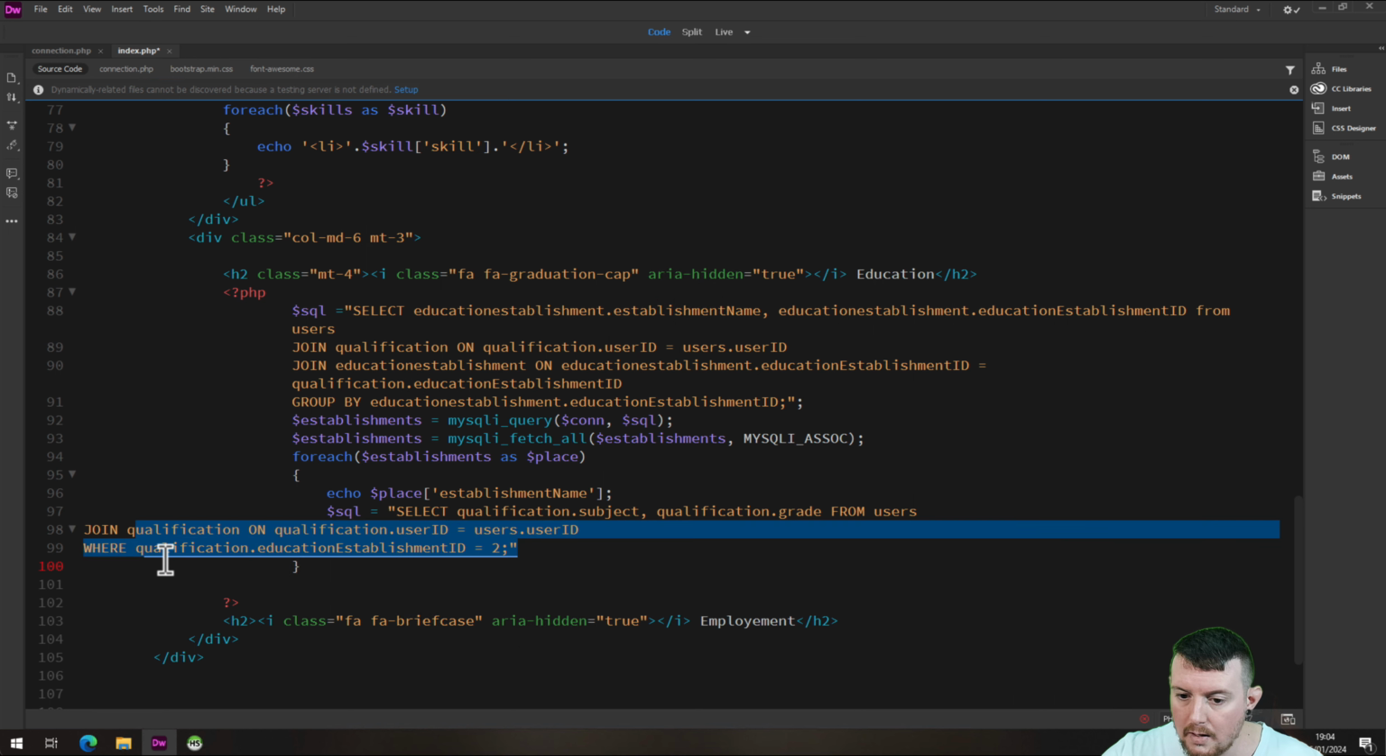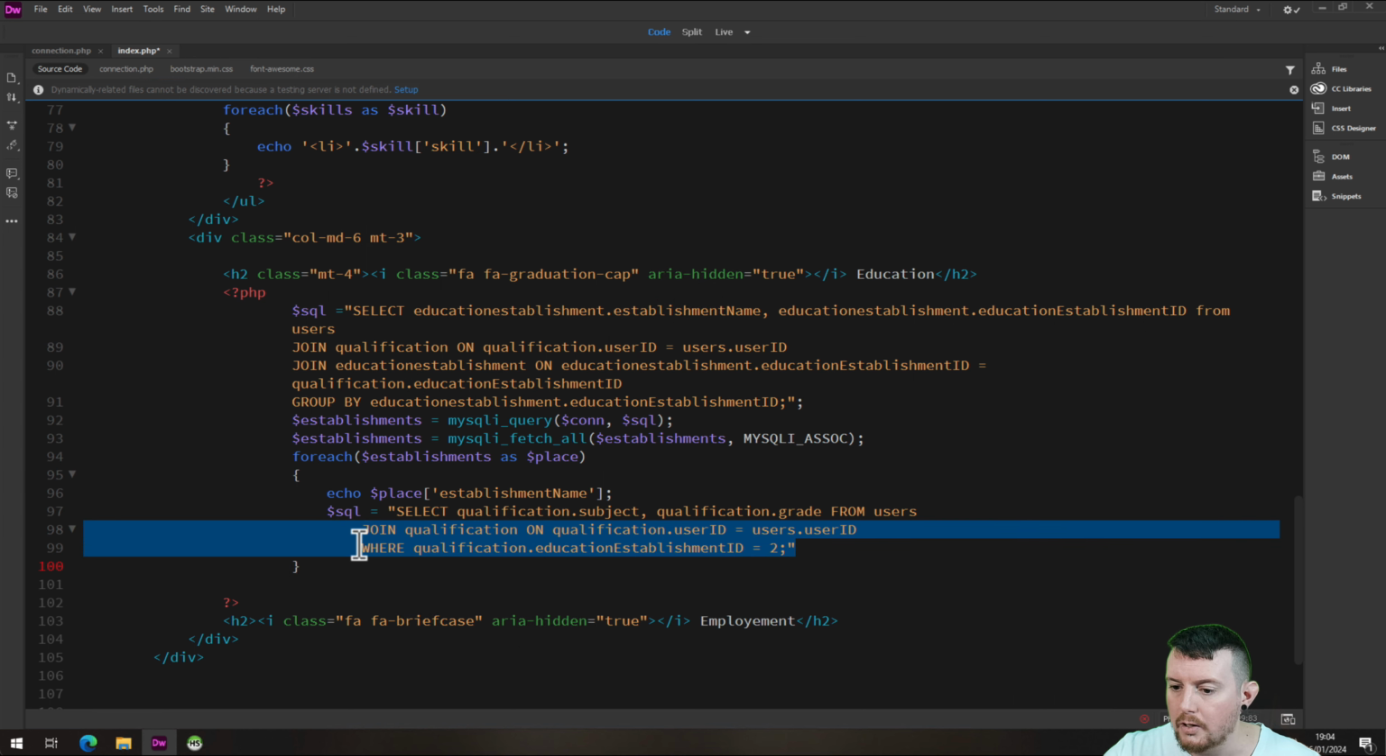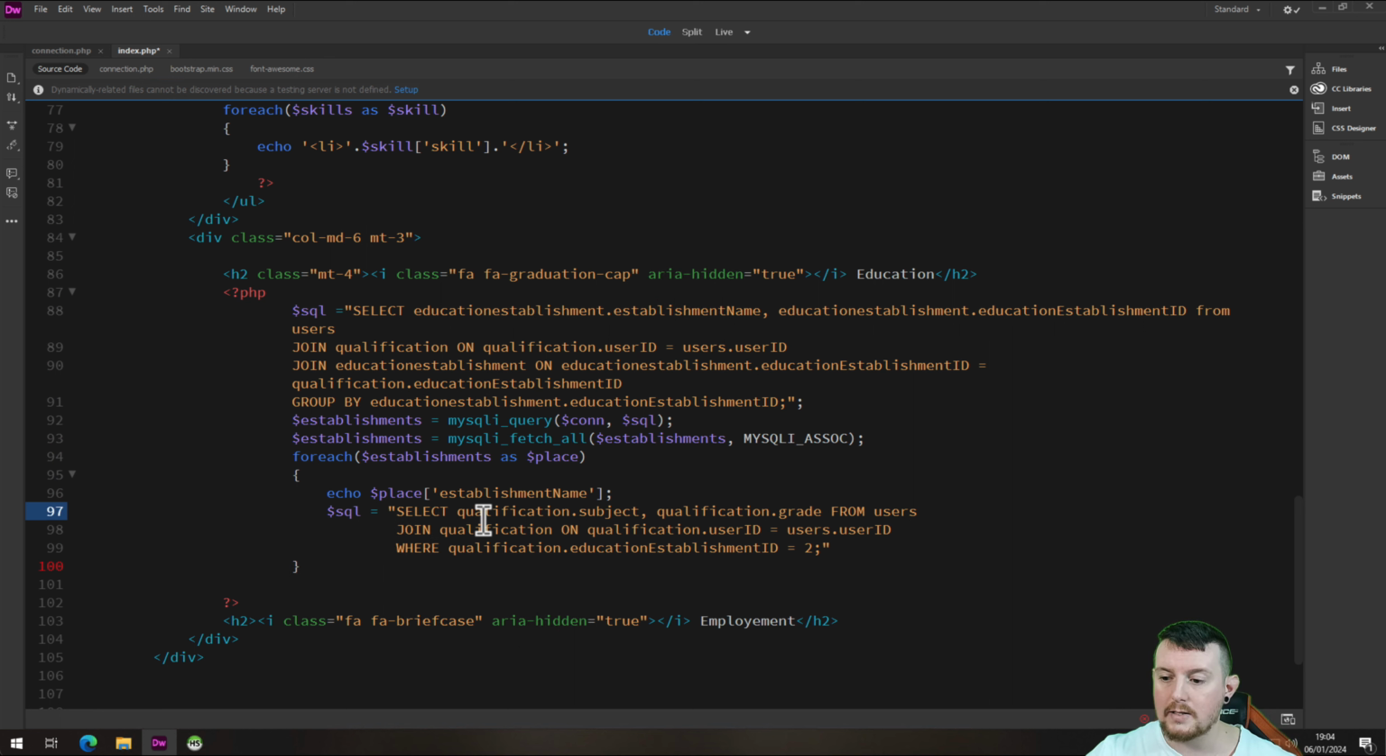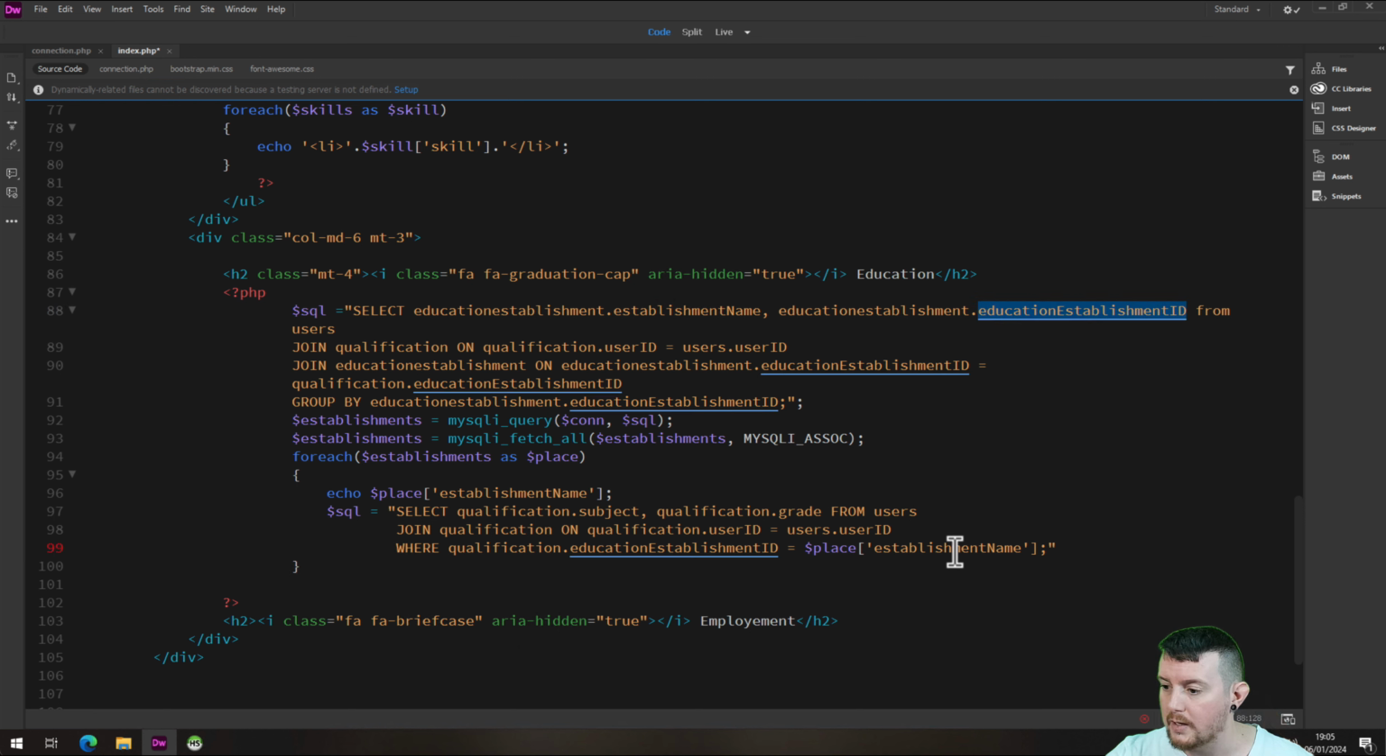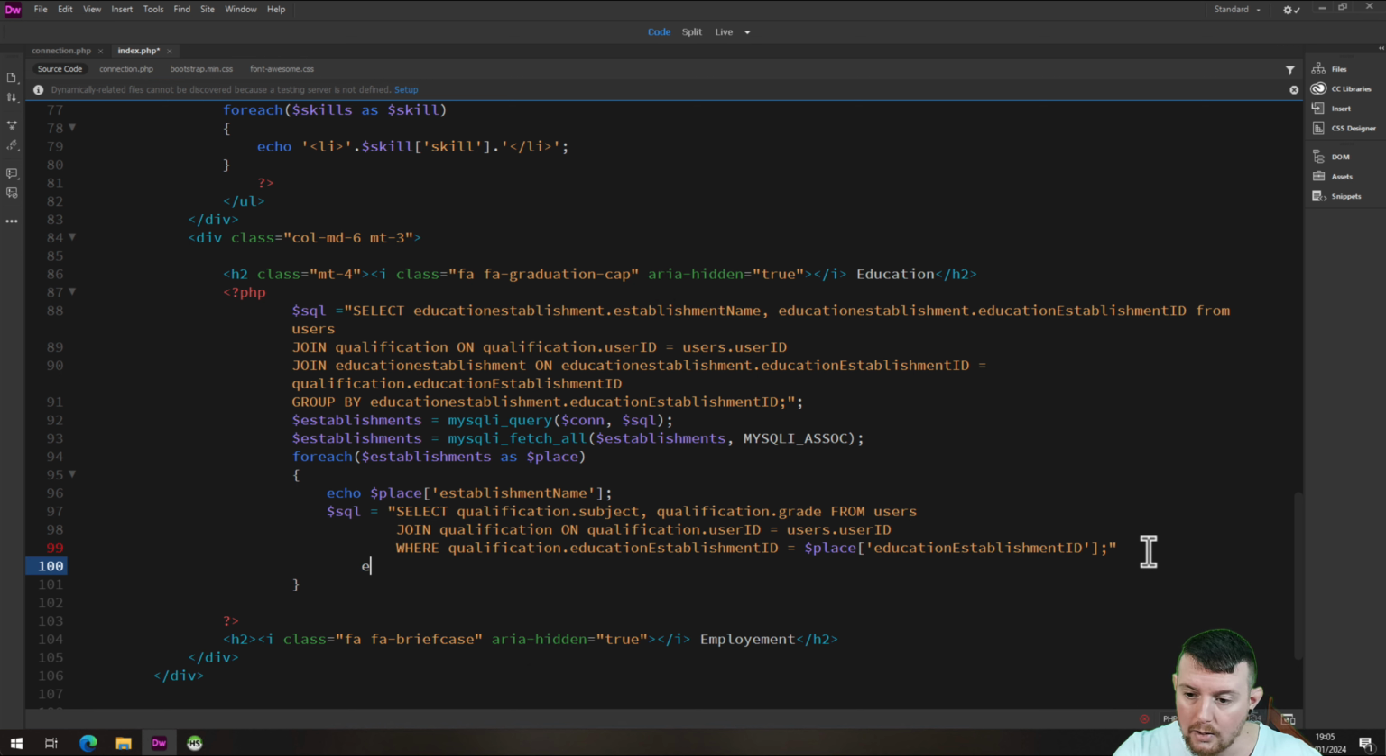Okay. Now, what we have in place here is our select that says our qualification, subject and grade from our users table where the qualification and user ID, where the qualification establishment ID is equal to 2. But we don't want that. We want that to be dynamic. We want that to be based around the establishment ID we've given here. So if I copy this for a second and I paste it there and change it from establishment name to establishment ID, and then I'm going to echo,